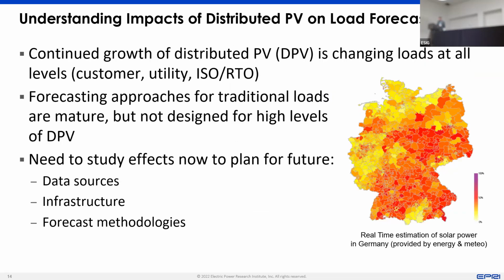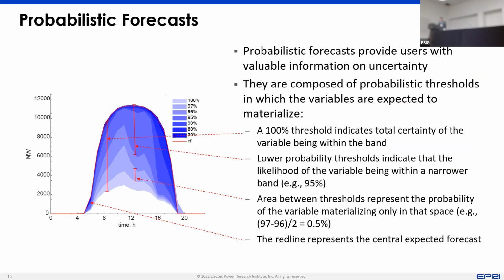Distributed PV, I think Amber and others will talk about this more in a while, so I'll skip through that. Probabilistic forecasts, if they do come up in a while, I don't know how much we'll get into that, but just an anatomy of the forecast. It provides more than just saying what's going to happen. You have all these other uncertainty bands around it. This is some work we've been doing that I'll talk about later, but